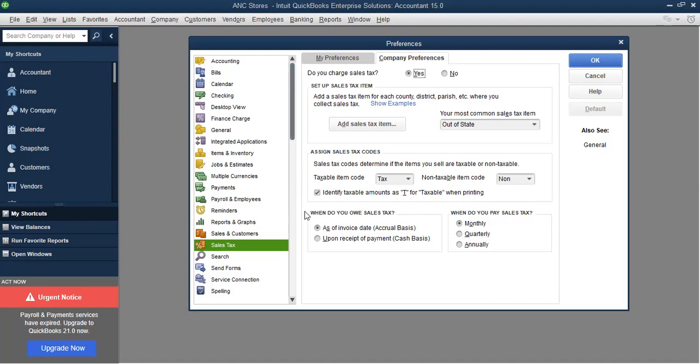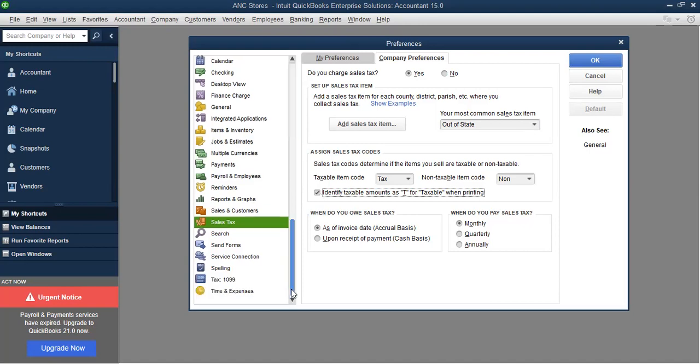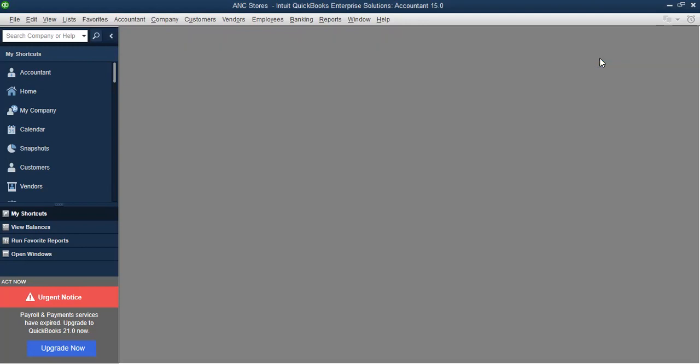If on your invoice you don't want T to appear when creating the fiscal invoice needed for fiscalization in Zimbabwe, then you tick here so that the item line is taxed without showing T, meaning taxable. If you want it to show which of the items sold to the customer are taxable and which are not, so that the customer sees that our total tax is on taxable sales only, where there are items that are not charged VAT, then you tick here and say taxable, and that will appear. Then look at the rest of these and say yes. This is preferences. This is setting preferences. So what are we doing? We are customizing our database.